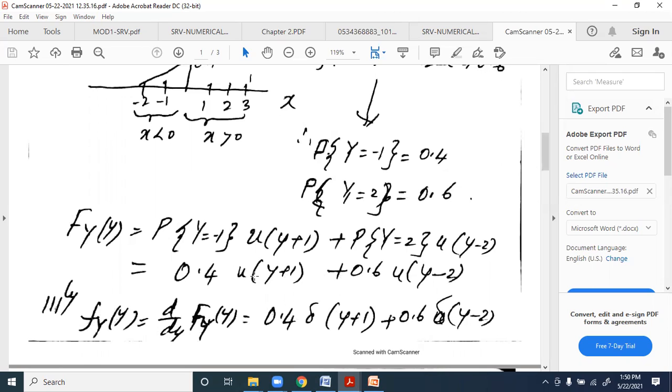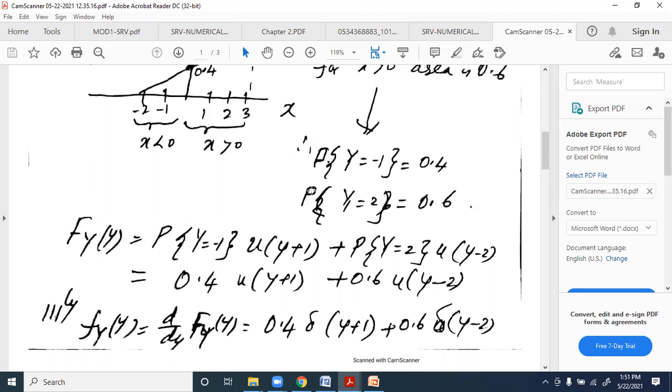If you just differentiate the unit step function, then you will get the unit impulse function correspondingly delayed. Similarly, this is also a unit step function which is correspondingly delayed. This is the step function, and this is the impulse function. So if you differentiate the step function, we'll get the impulse function. Thus, we can solve the